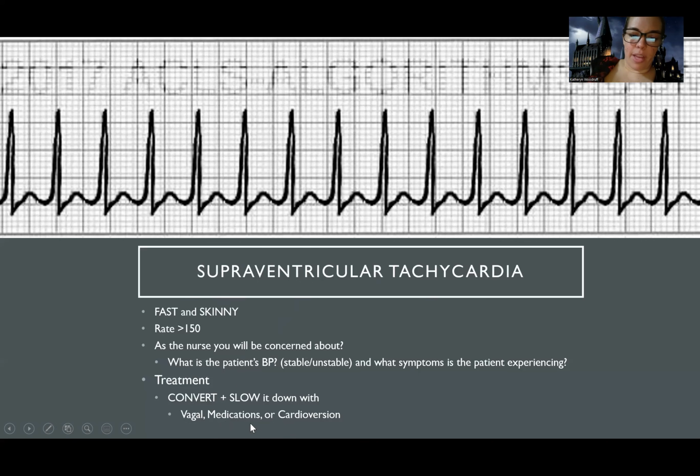Medications that can be given. You'll learn about this later. Like I said, we don't test you on this, but adenosine, however you want to say it, is a medication that's given. And this is a medication that's pretty fun to learn about. I don't mean it's actually fun to do this, because that sounds really dark and creepy, but